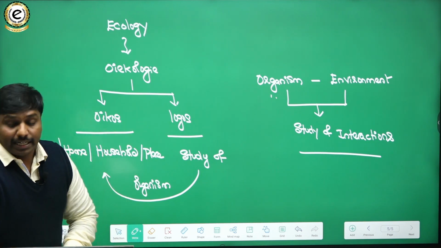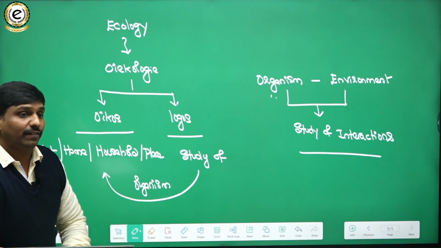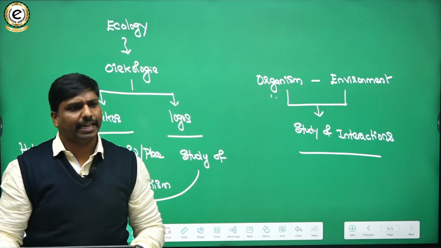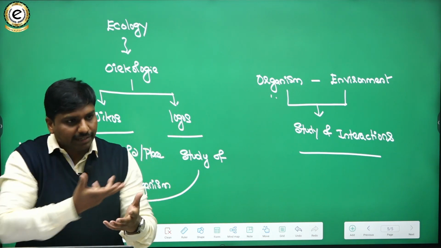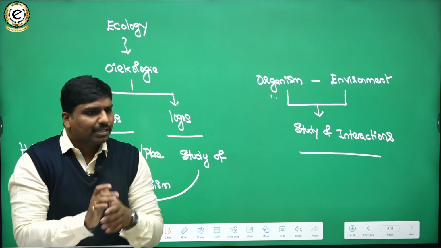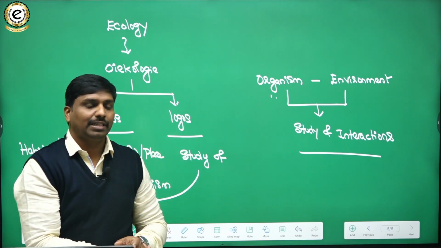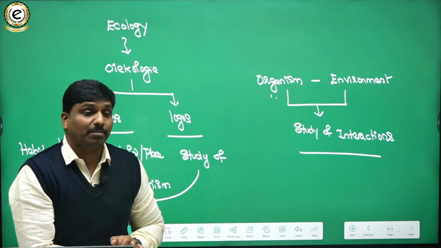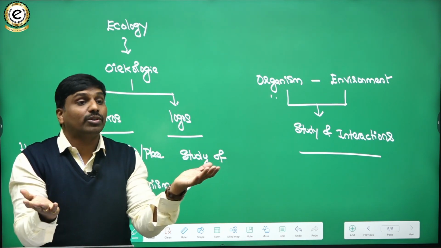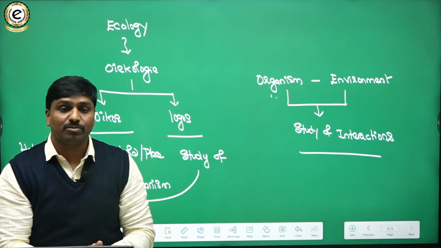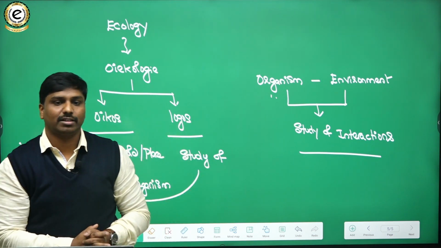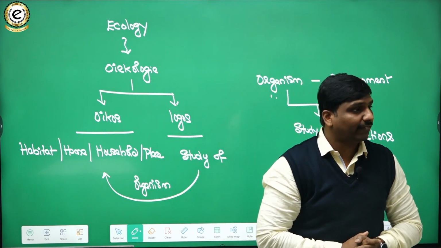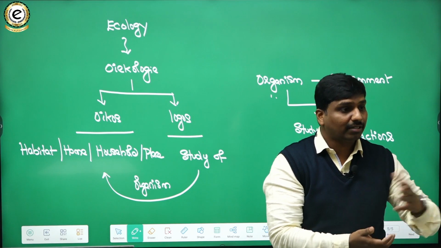And in other words, when we talk from the point of entire earth as a habitat, can we say earth as a habitat for all the living organisms? Habitat means the place where an organism lives. The place of living of an organism is nothing but habitat. Like let's say some organisms will live on the land, so terrestrial habitat. Some organisms will live in the water, so aquatic habitat. Some organisms will live in the grasslands. Let's say elephants, they will live in grasslands or such kind.